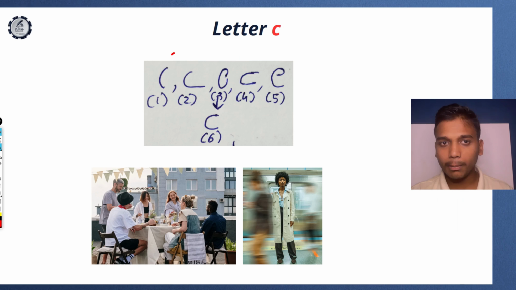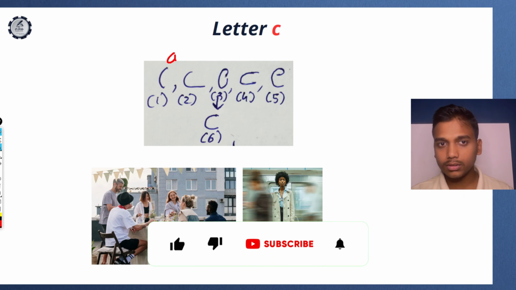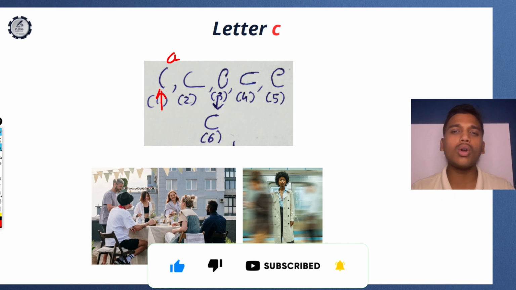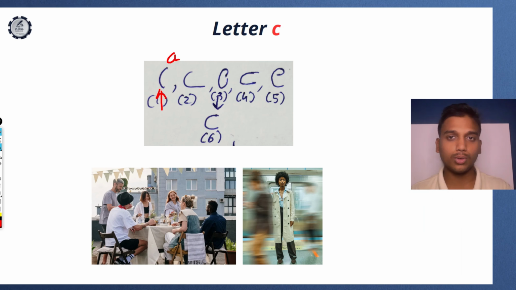Similarly, we have learned about the squeezed A as well. Here the squeezed C is present. These are the writers who are not feeling comfortable outside their comfort zone. These are the writers who are socially anxious. Because of that, they have some problem communicating with new people and new environments, so they will feel a little isolated or alone. Other than that, you may not find other types of C.